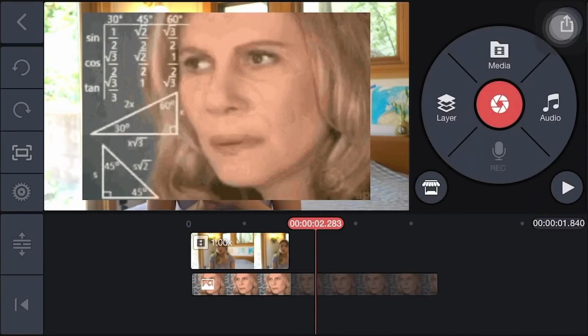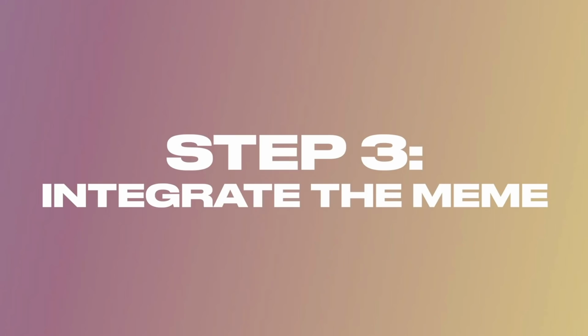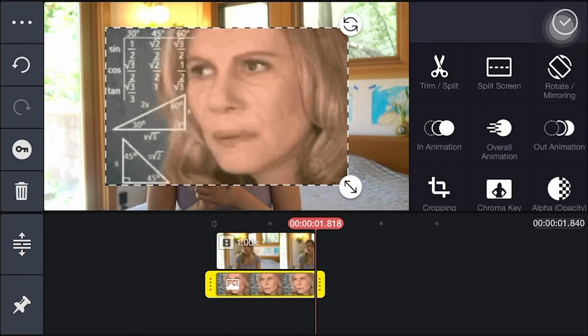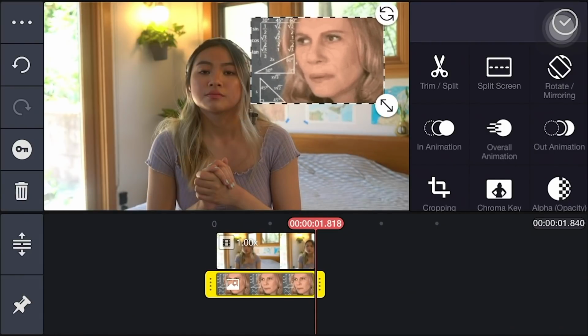It's up to you how you wanna arrange it. So step 3 is figuring out what's the best way to integrate this meme. You have a few options. You could either put it side by side, this is how it looks like, or you could